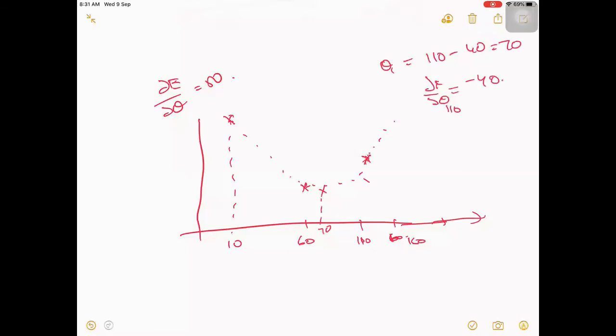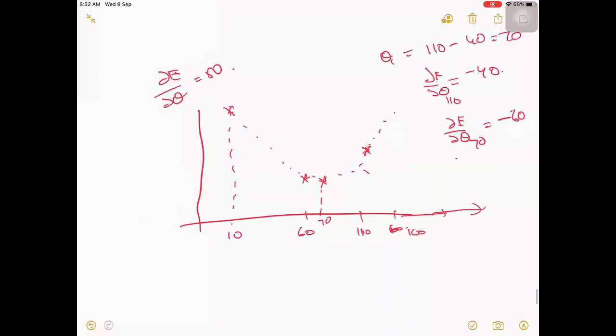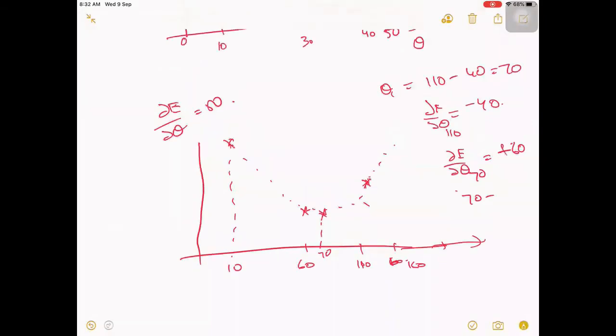This 70, again you computed, you got some value. When you compute d by d theta at 70, let us say you got some minus 60 or something. It usually won't be like this, but let me give some example. So it is 60, right? If there is no alpha, I'm talking about the no alpha situation, from 70 it will be plus because it is in this direction.